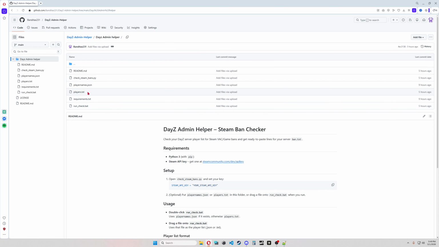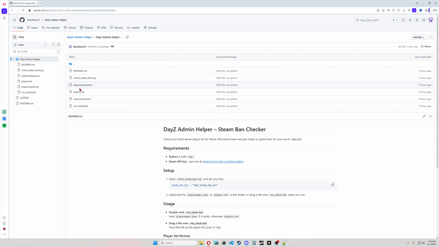Also, if you have the LB Master mod, and if it has inside the profile folder a player names JSON file, from which you can get every single Steam ID of players who play on your server, you can also drag and drop this to here.